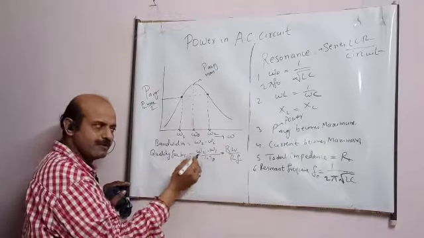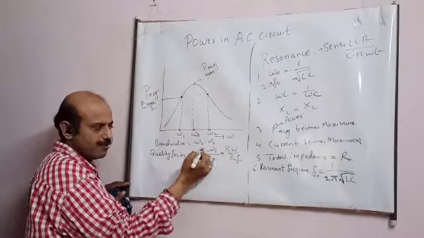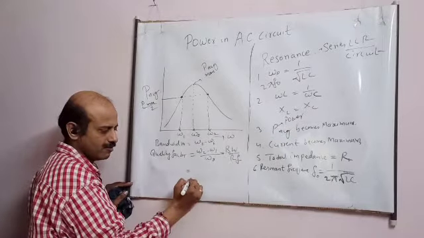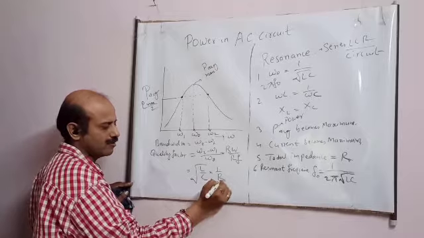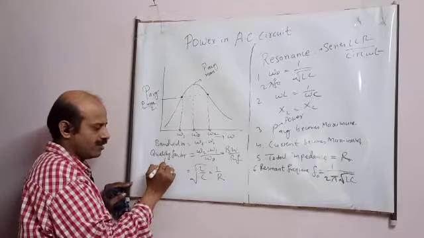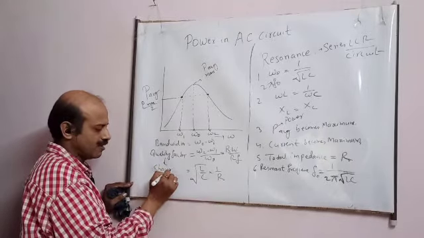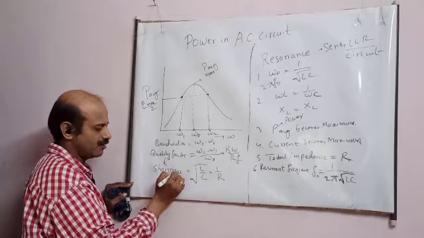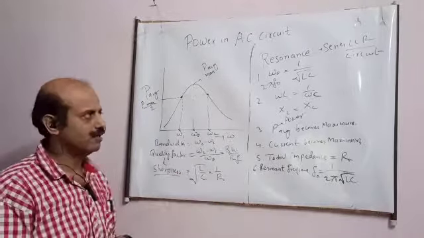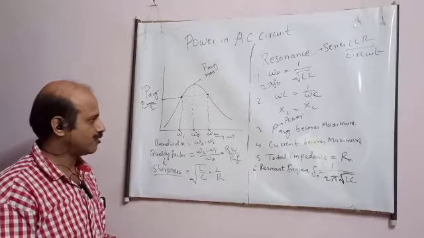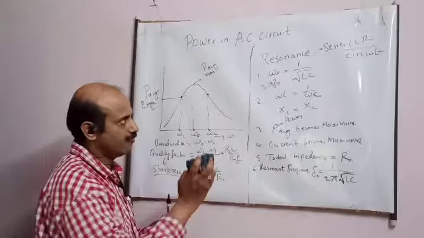If you solve it, it is very complicated process. After solving, one more formula comes. This is the formula, quality factor. Quality factor is another term, student, sharpness. I will explain you by the help of figure. Quality factor is also known as sharpness. I will explain you how it is, student. What is the meaning of this?